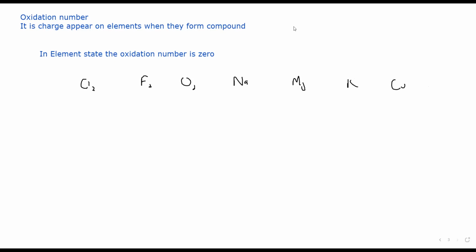Whenever elements are there, the oxidation number is 0, even if the element is monoatomic or diatomic. But when they form a compound,